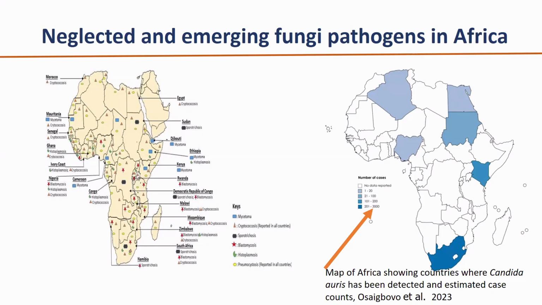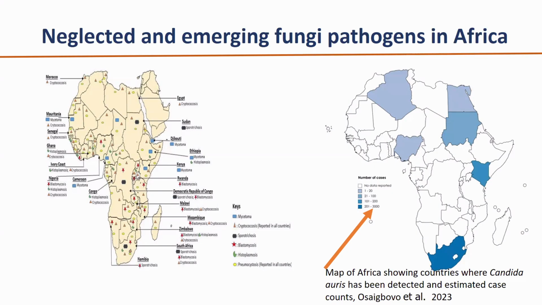We have a number of publications from South Africa, and a publication from Kenya where they have also reported Candida auris. And recently in Tanzania, in one study that we are conducting in our teaching hospital, Bugando Medical Center, we have noticed the presence of Candida auris among hospitalized individuals. Some of them are colonized by Candida auris. These are studies that we have not yet published, but in the ongoing study, we have noted the presence of Candida auris. But on top of Candida auris, we also have Candida lusitaniae, which is closely related to Candida auris, and it has highly been reported from Africa.